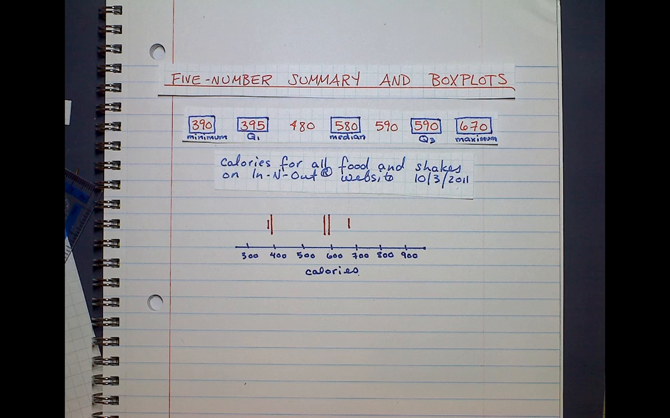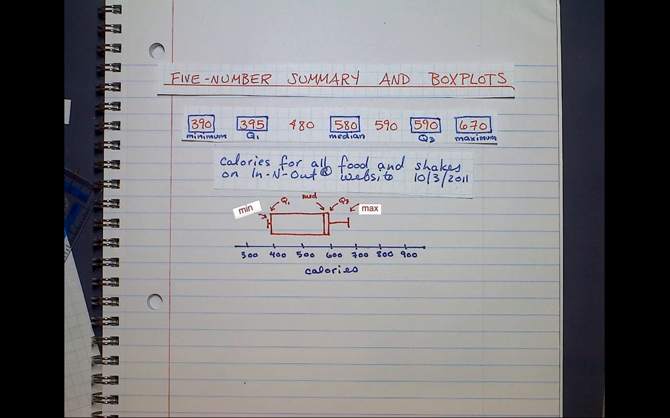Next, draw vertical line segments that are a little bit shorter at the minimum and the maximum, 390 and 670. And then you're going to use horizontal line segments to make a box from Q1 to Q3, leaving the median inside the box. And then you're going to extend other horizontal line segments out to the min and the max. These guys are actually called whiskers. And there you have it. There's your box plot, which shows the 5-number summary in graphical form,